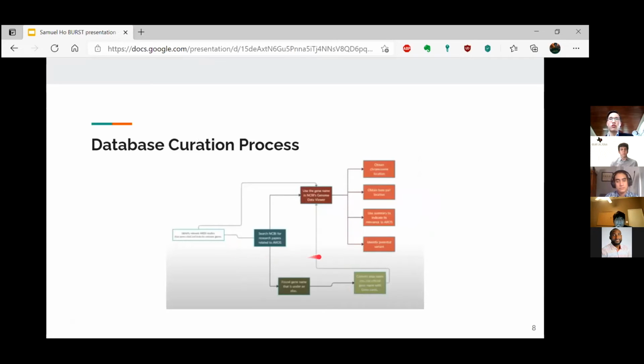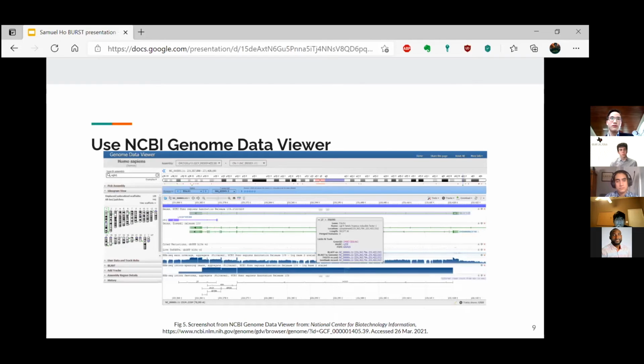From there, as mentioned before, we proceeded to this key step, namely to use NCBI's Genome Data Viewer to find the detailed metadata that we wanted to include in our database. Here is an image of what the NCBI Genome Data Viewer would look like upon doing the search. In this case, as mentioned before, EGLN1. And the key information that we wanted to take from the Genome Data Viewer was, after hovering over this green bar, this table would pop up, and we specifically wanted to use NCBI's Gene ID page and navigate to this page from the Genome Data Viewer.